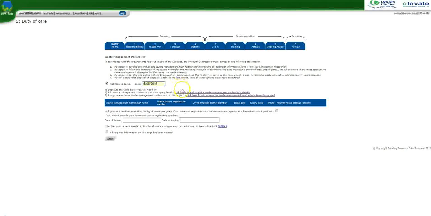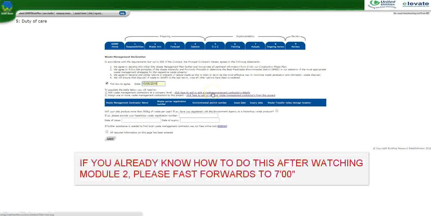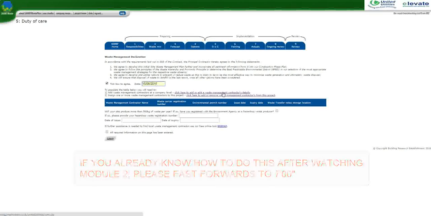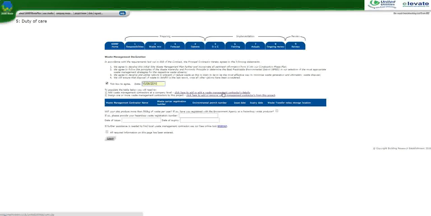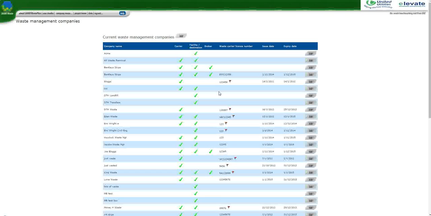If this is the first time you're visiting this page, the first thing that needs to be done is that your waste management contract is needed to be added at a company level. This only needs to be done once, but can be a little bit onerous to begin with. So you should start by collecting together all your waste management contractors' certificates, their addresses, contact details, things like that. So if you click here to add or edit a waste management contractor's details, you'll be taken through to an